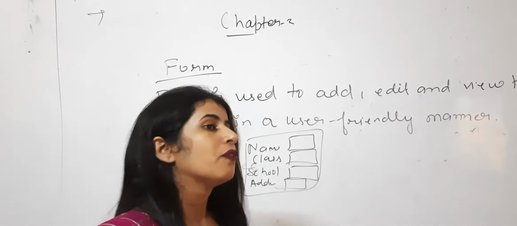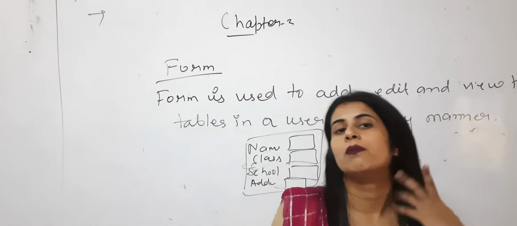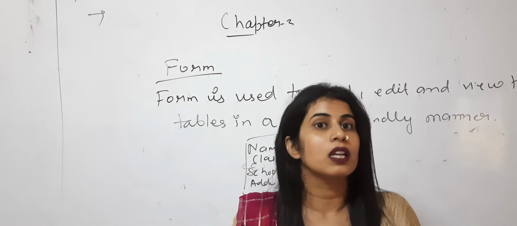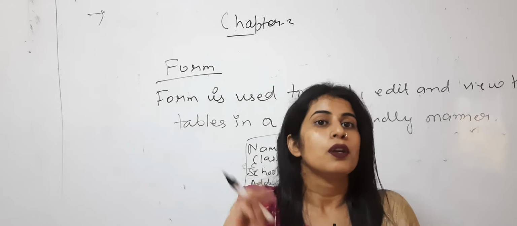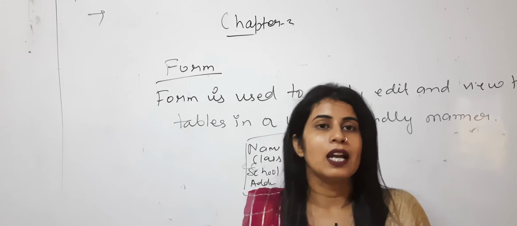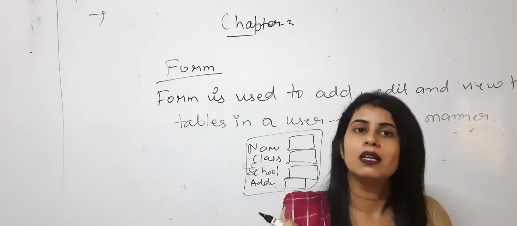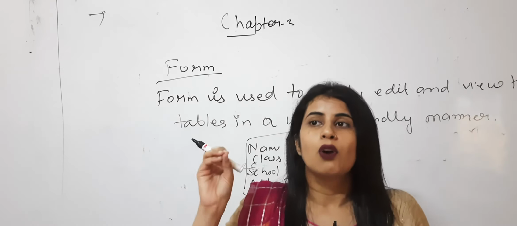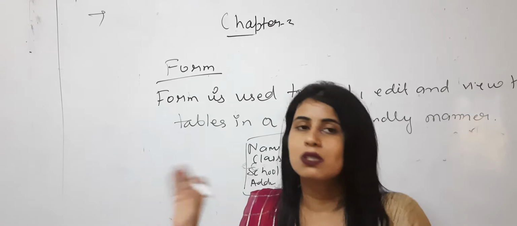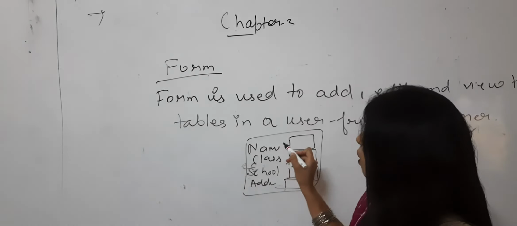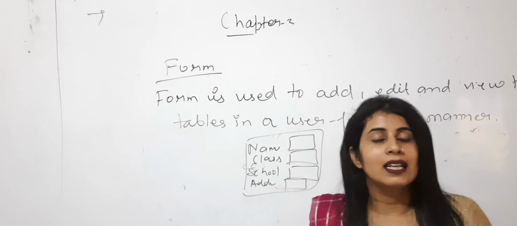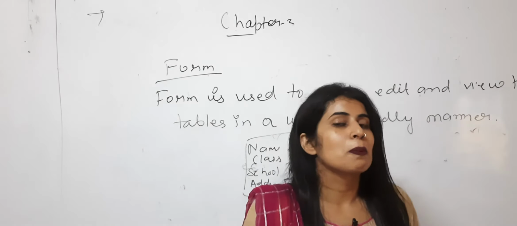Okay. Now when we are creating the forms, we should keep two things in our mind. Okay, how can we use the form? So to use it or to make it, at first we have to keep two things in our mind. The first one is what columns we have to use there, means which columns I want to display here. So first thing is that. Second is how I am going to display the form.